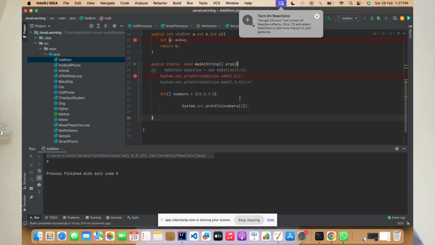Okay, so if you check, it took some time, my system processing is slow. But what value it has printed, it actually took numbers of 2 as 9, right? You must have understood this, right? So what I'm doing now is,